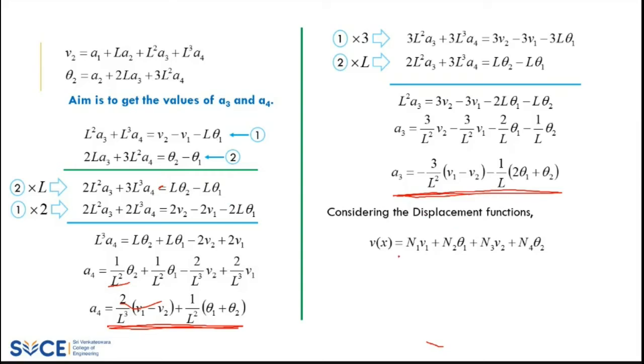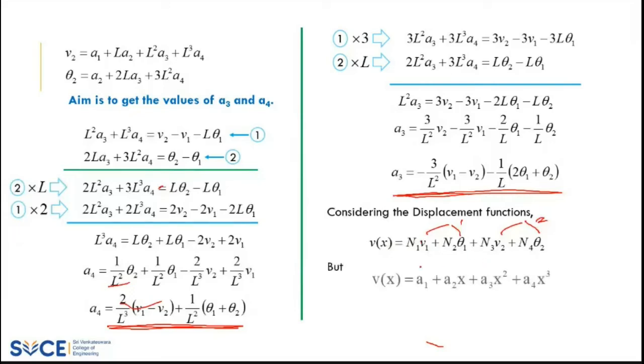So now you know that whenever I consider any term, I'll be writing it in terms of the interpolation function. So N1 U1 plus N2 U2, right? So that is for the bar element. Here for a beam element, it is N1 V1 plus N2 theta 1. For nodal point 1, these two are nodal point 1. N3 V2 and N4 theta 2. This is for nodal point 2. Okay, so these are my values.